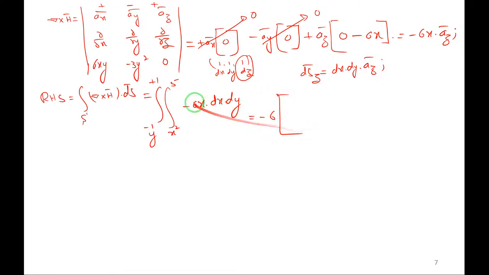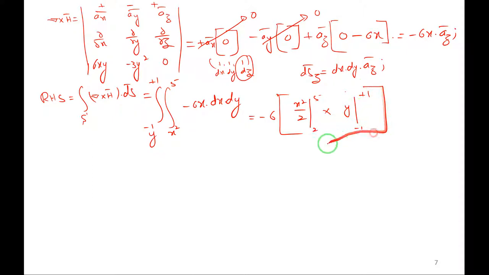So next, integration with respect to x is x square by 2. The limits of x is varying from 2 to 5, into. Next y is constant. So y and limits of y is from -1 to +1. We have to solve this, right? So 2 into 1, 2 into 3, right? Anyway it is multiplication, right? So -3 into upper limit 5 square, 25. 25 minus 4 means 21, right?